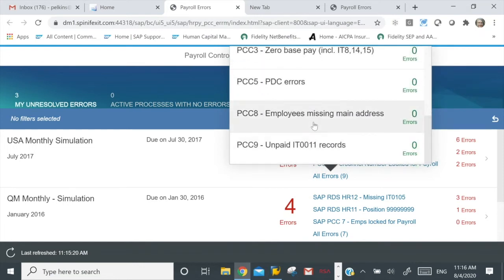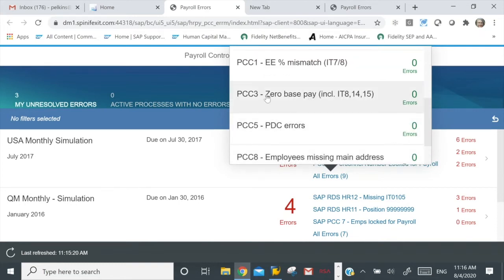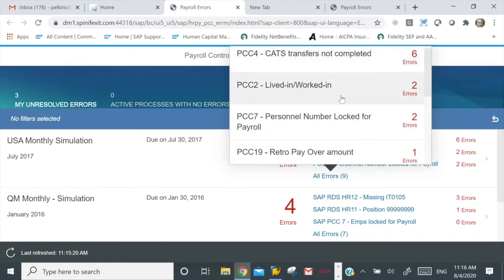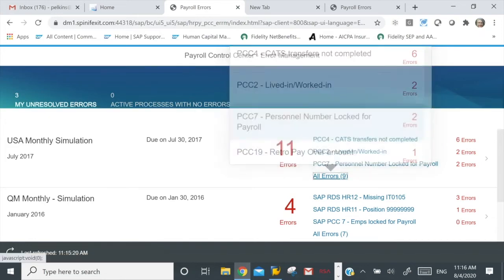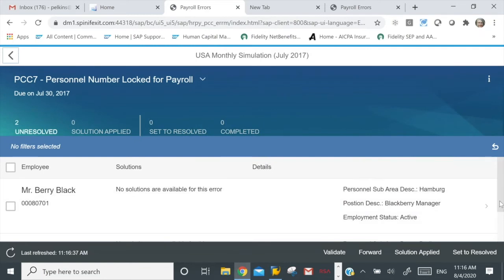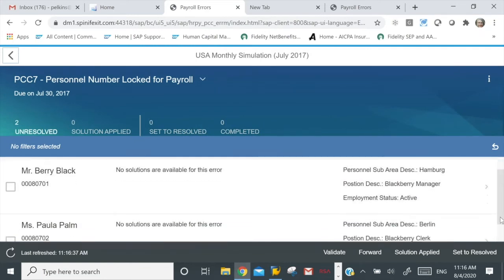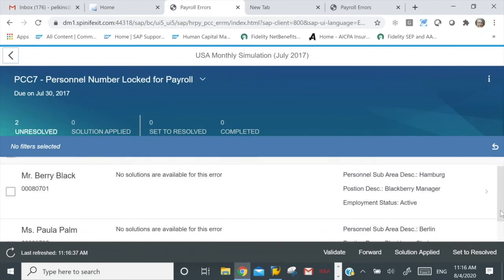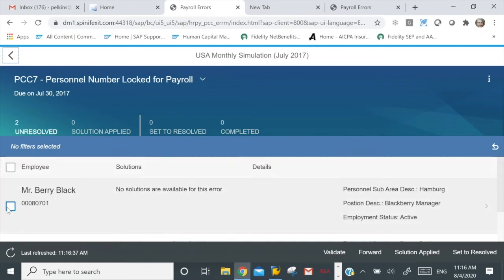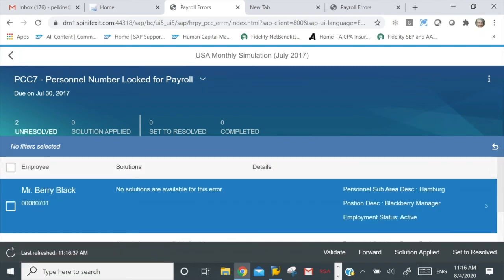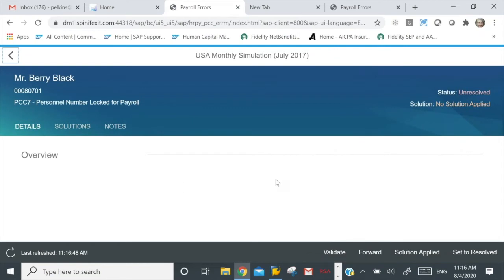Scrolling down, I have some policies where no one was found. 0 base pay, 0 errors. If I scroll up, I can see the ones where it actually did find people that we want to go check out. For example, here's one: personnel number locked for payroll. If I pick that one and I've got a little scroll bar here on the right, there are 2 people listed, Barry and Paula. If I select an employee, a screen is going to come up here and I'm going to see